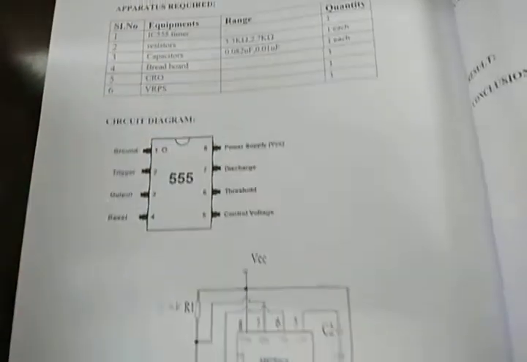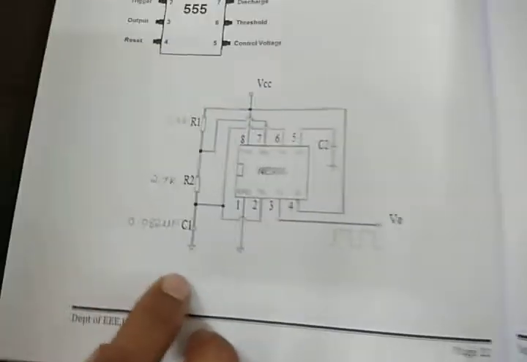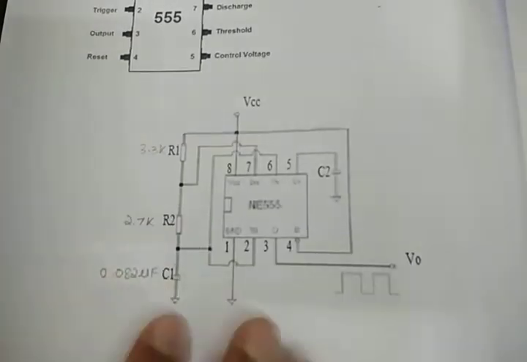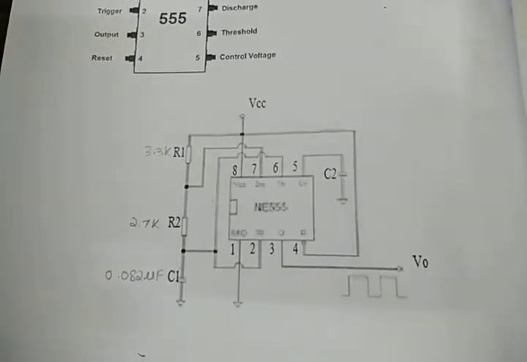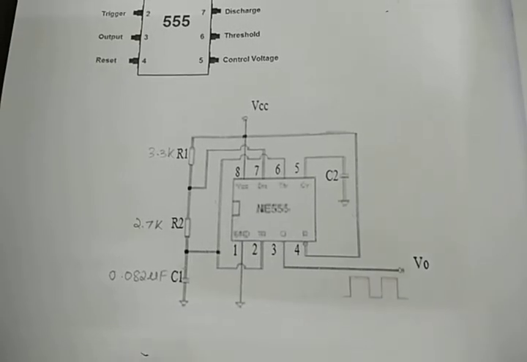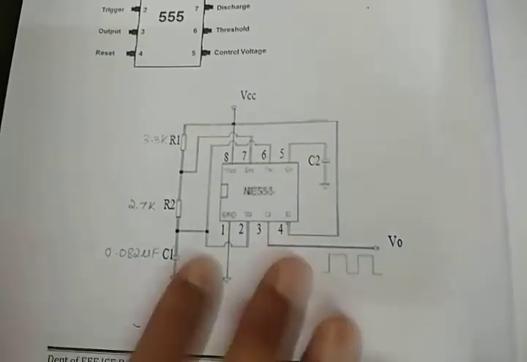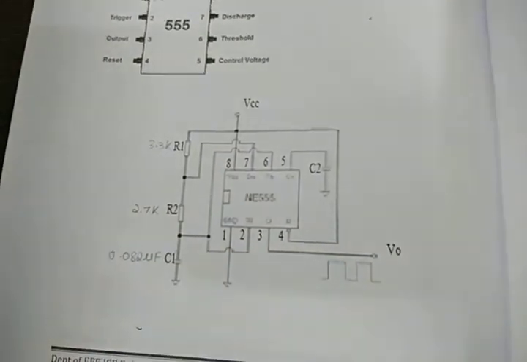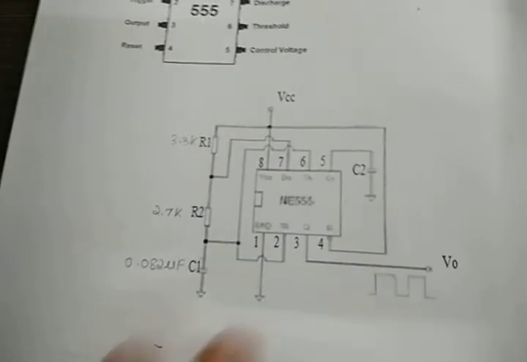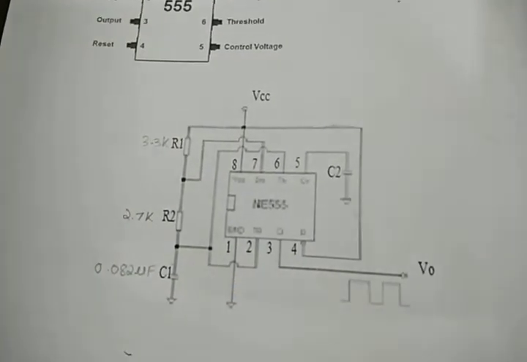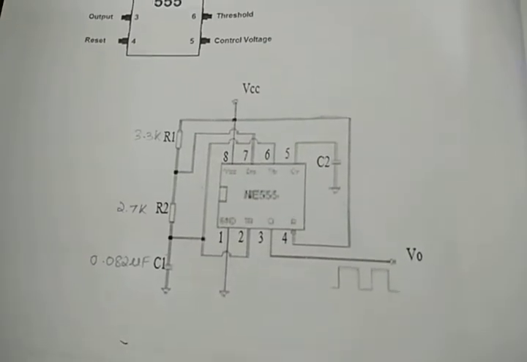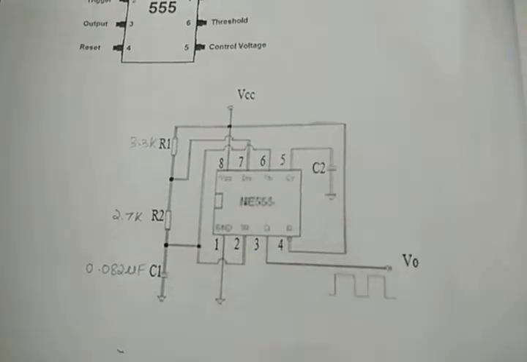So you have studied the circuit diagram in theory class, and even the circuit diagram of the 555 timer has been explained in the theory class as to its working, which different components are connected here, and how it generates the waveform. So all those parts have been discussed in theory. The basic idea is that the 555 timer is used to generate a pulse. The 555 timer can be used as a monostable multivibrator and also as an astable multivibrator to generate the pulses. So this is the basic idea behind the 555 timer.